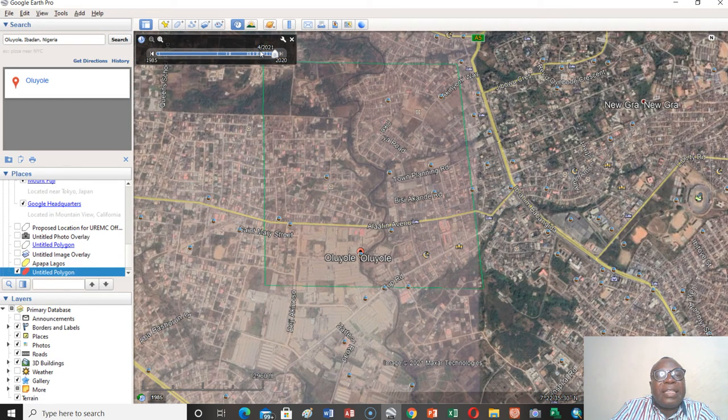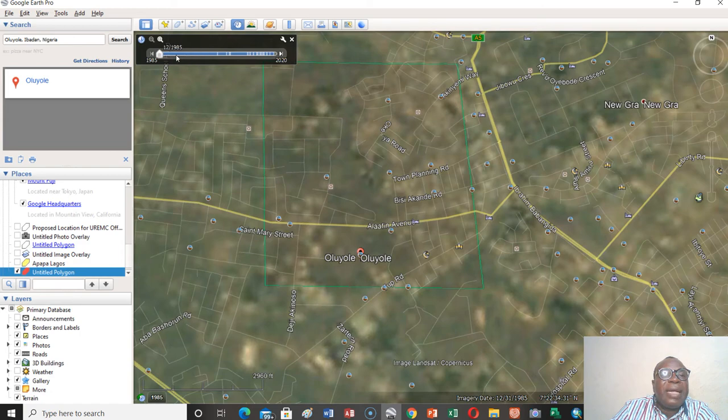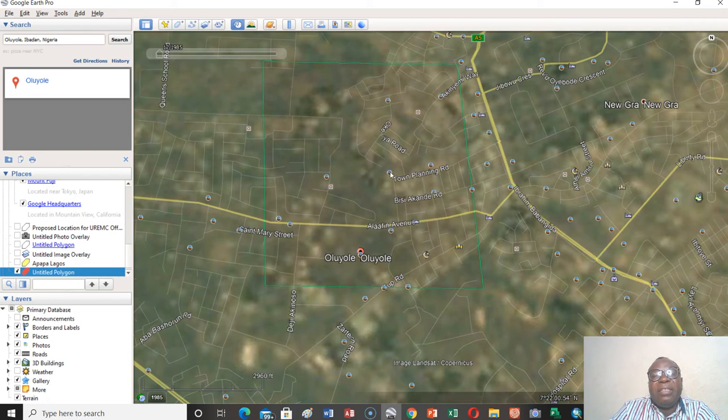The latest image for this area is 4th April 2021, just this month, the last image of this place. Well, let's check previous images. Let's check the images for 1985. If it is dim like this, that shows that there may not be an image for that place for that year. So let's check 1990. If it's also dim, that means there's no image for the place. So let's go to